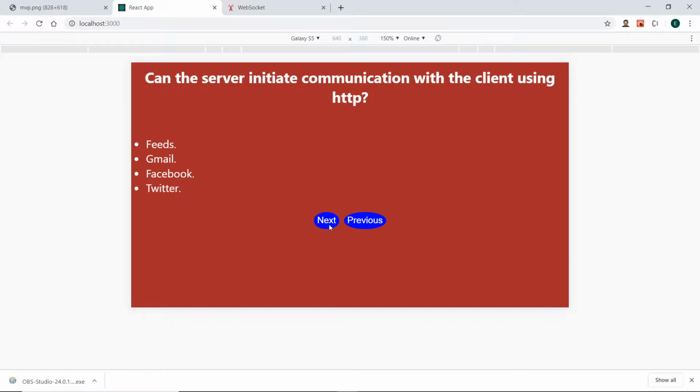Generally, using HTTP, you can't. It's always the client who has to start the communication. I'm going to talk about the most popular technologies to get around that, because in the beginning the internet was only about transferring data. A simple website would not need to send you notifications. So when it started to evolve,